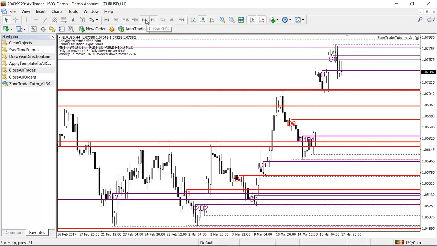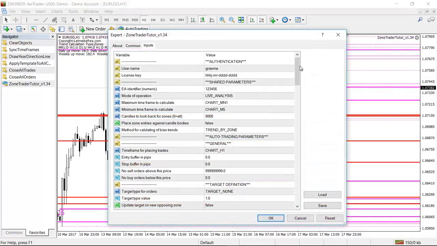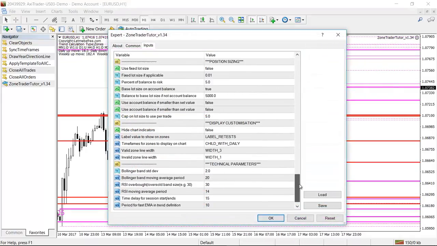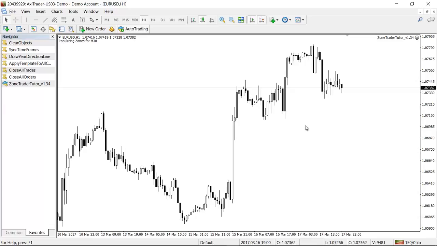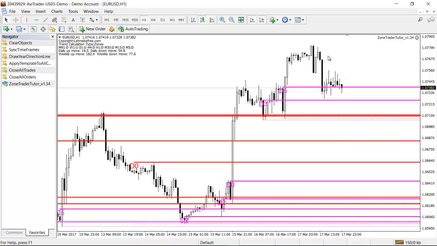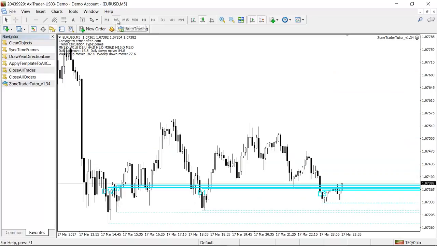If I go to a smaller time frame, again we've got these supply zones which are all a light line. Let's get rid of those now. So we're going to set the width of inactive zones to width 0. Okay. You find that now all we've got in the 1 hour time frame is magenta demand zones. We go through, same with H4, even on H5 we've only got demand zones, so these would be areas where